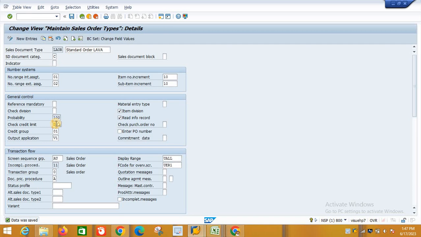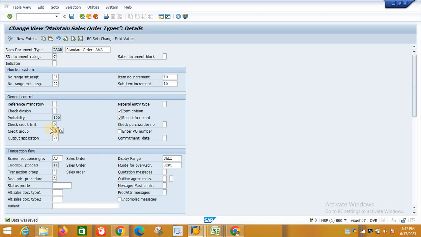It depends on that particular customer's performance, and also on their transaction, whether that person is making the payment on time or not. So credit limit is a separate topic, that credit limit and credit group.